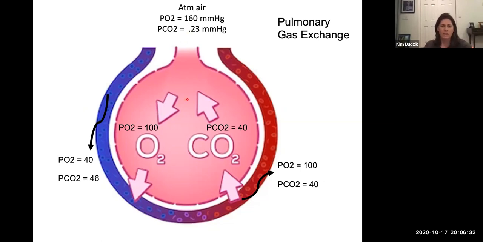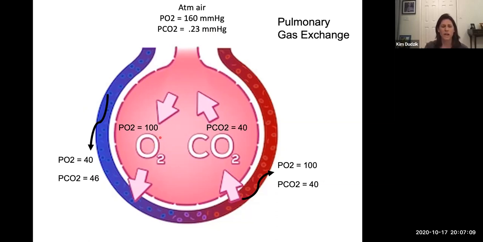Okay, so when we inhale, this tube here represents our trachea and our bronchi, and then our bronchioles, right? So that's what that's representing. So by the time the atmospheric air goes through all of those tubes, we lose a little bit of pressure along the way, okay? And so by the time the air gets into our lungs, the partial pressure of oxygen is about 100 millimeters of mercury. I took off the units because we're going to assume millimeters of mercury here.